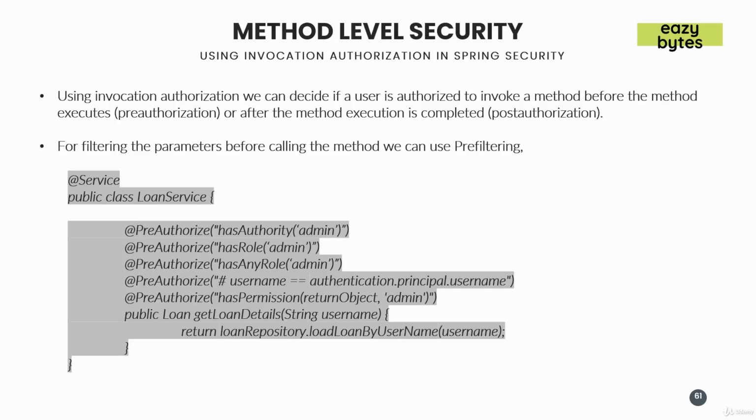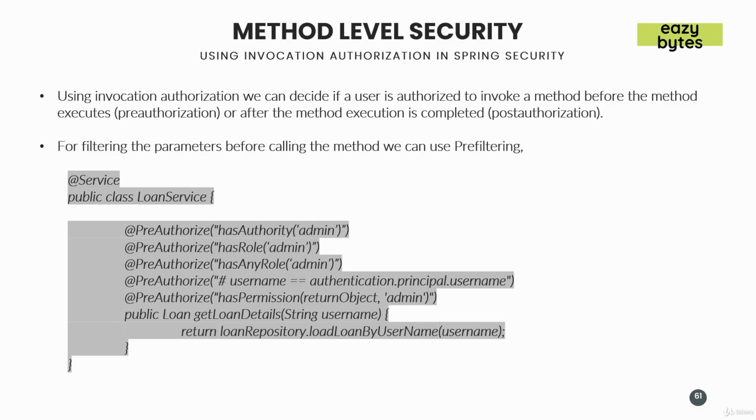In this video, let's try to understand how to achieve method level security by using the approach invocation authorization. In invocation authorization, we can configure authorization rules which will decide whether a method can be invoked or not. And this authorization check can happen in two ways. One is before the method is invoked using the @PreAuthorize annotation, and the other one is once the method is executed